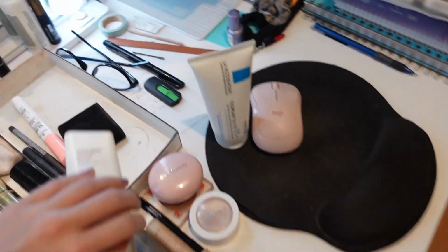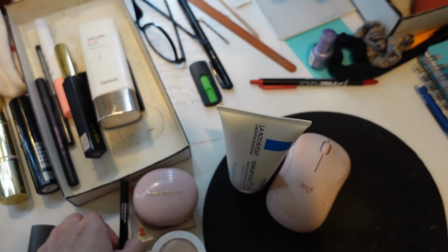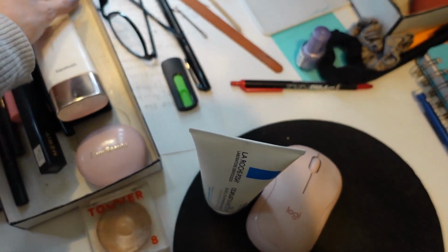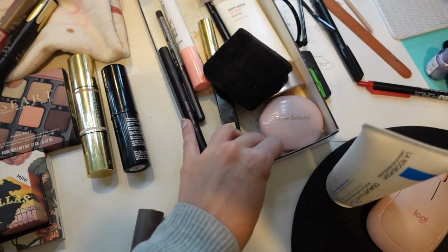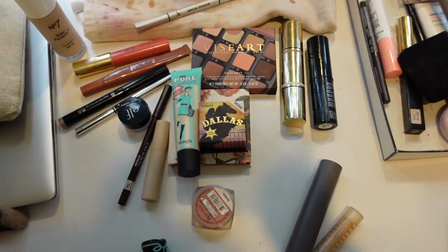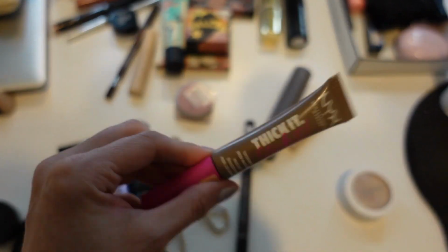Everything is all over the place. Let's move these things out of the way because these are all my, oh, that's not. These things are all my regular Project Pan stuff right there. There we go. Eyebrow. Yeah, I was going to bring this. Oh, and I want to bring this. I want to bring my...